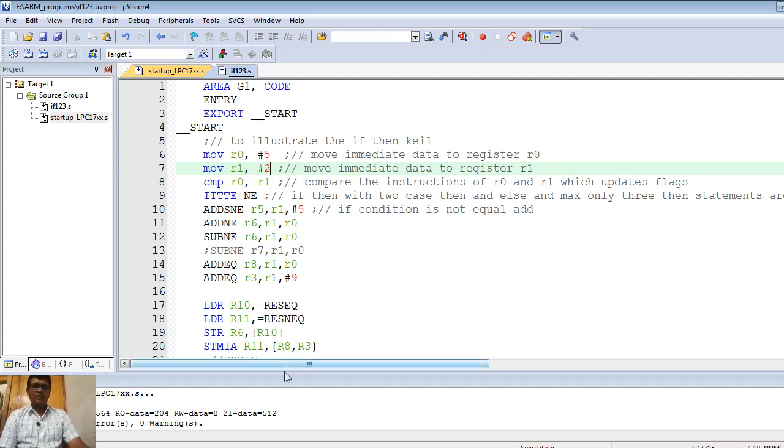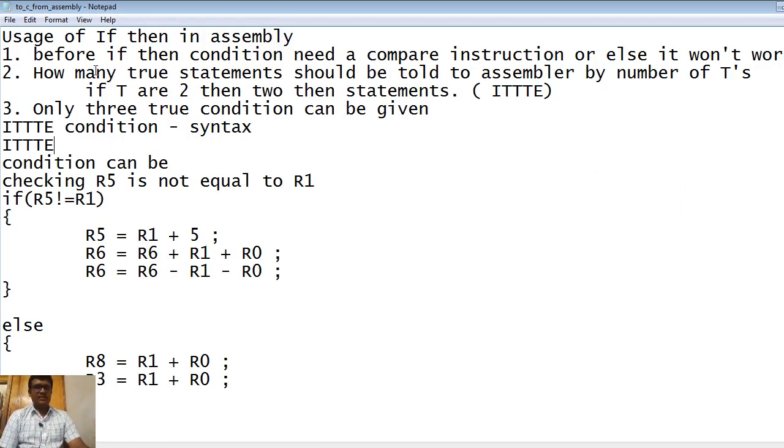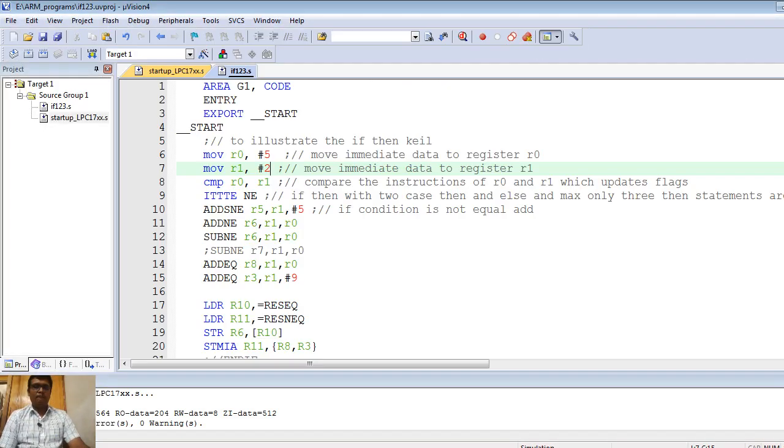As I told you, in assembly, in the very first statement before the if-then condition, you need to have one compare instruction. So you are comparing the content of R0 and R1. Next, ITTTENE.